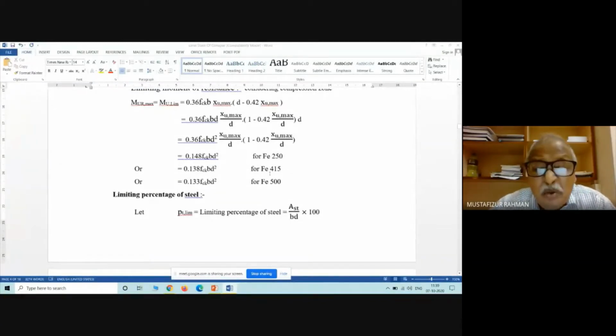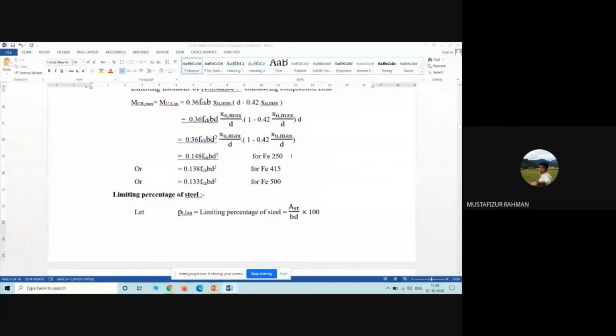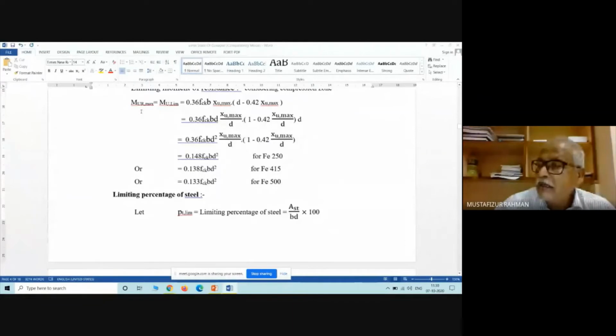And similarly for Fe415, 0.138 FCK BD square, and for Fe500 this. Okay, so these three expressions are the moment of resistance at maximum, or critical moment, or limiting moment, right? A similar expression we have not got up till now; we will get it later. With respect to steel, we are getting the expression. Okay, limiting